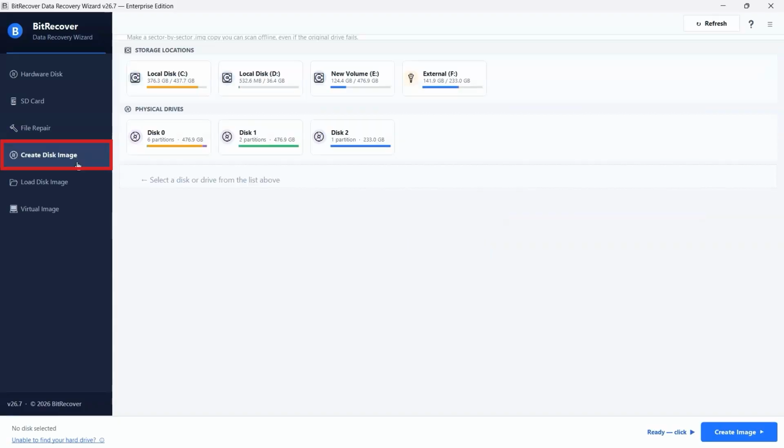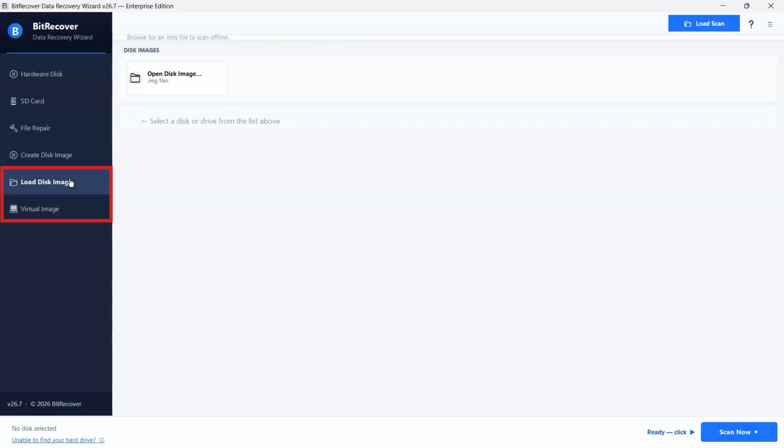Or work from a disk image. Creating an image makes a sector-by-sector copy you can scan safely offline. The software also provides two convenient options for working with disk images. Use the Load Disk Image option to open a previously created disk image and recover data without accessing the original